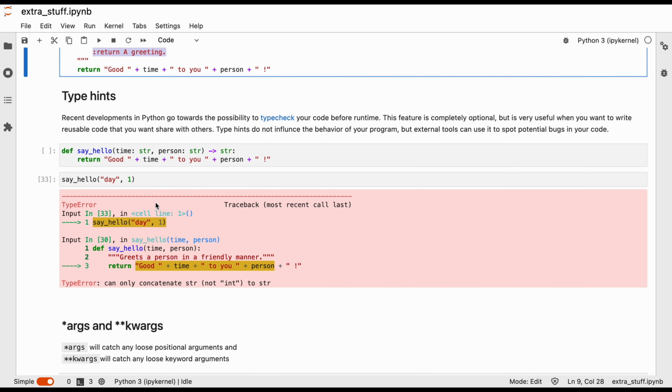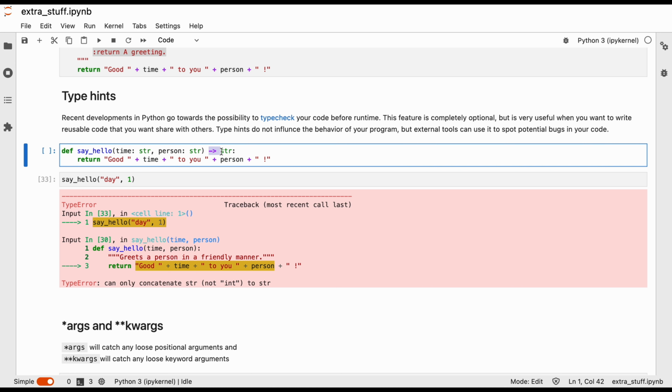Next up are type hints. Type hints we include next to the function's parameters. And as the name says, they hint at what type a parameter should be. So time should be a string, person should be a string, and it also tells us that the function should return a string. This feature is completely optional, and it will not even throw us an error or warning when